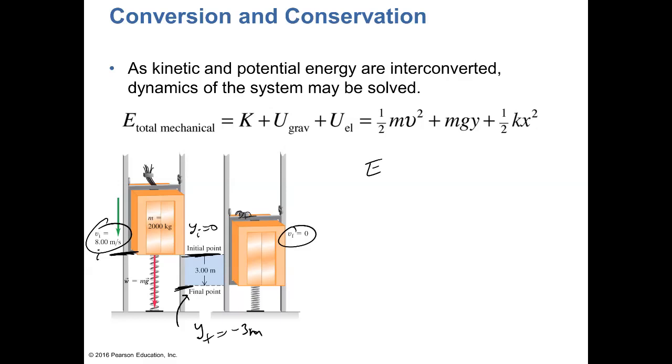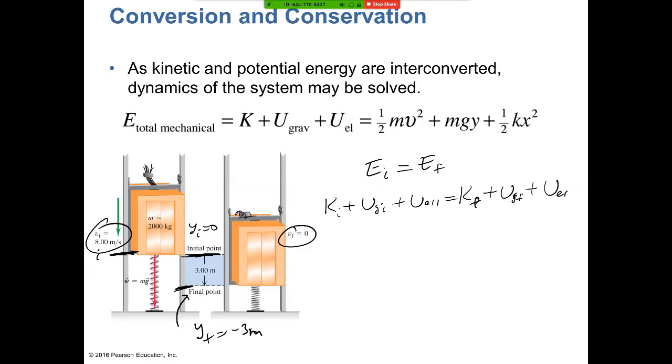That means I can easily say that energy at the initial position is the same as energy at the final position, because energy is conserved. What is energy at the initial position? It's in terms of kinetic energy, gravitational energy, and elastic energy. What is energy final? It's in terms of kinetic energy,